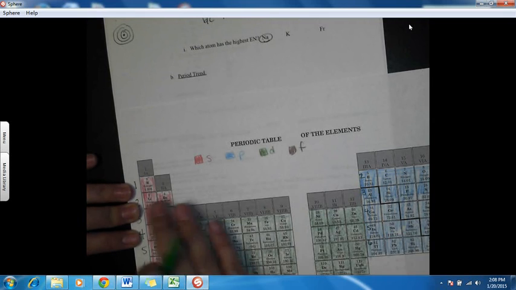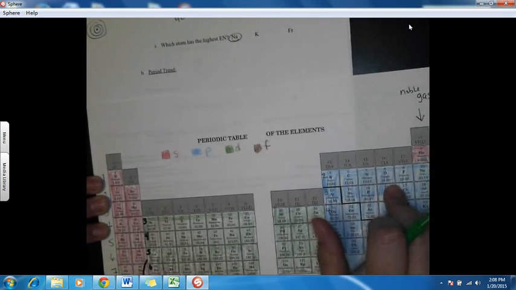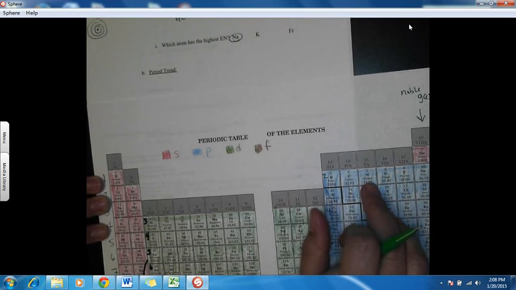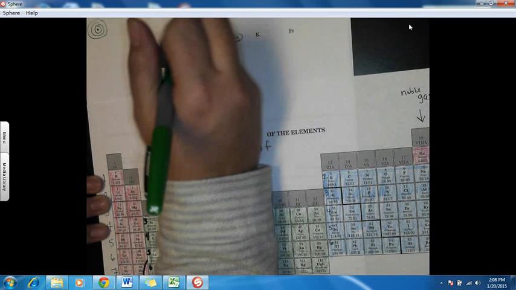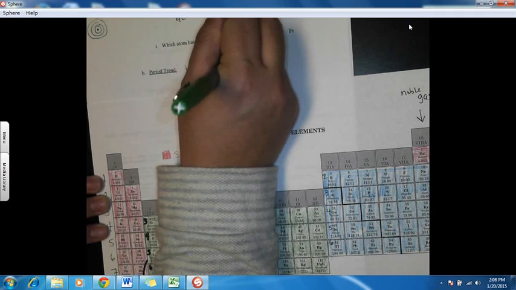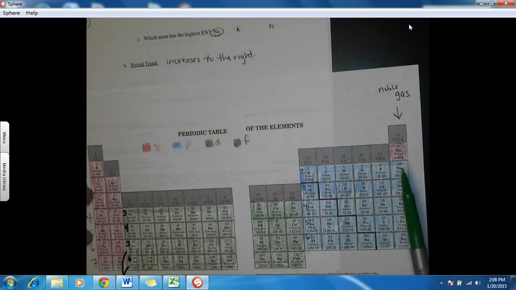If the atom is smaller, that nucleus is more able to attract electrons. More able to attract electrons the smaller it is. And so it increases to the right. Except that we have one little problem. We have these noble gases over here that don't have any room